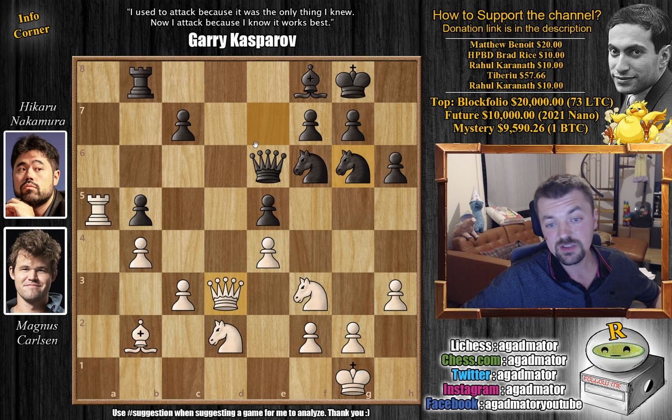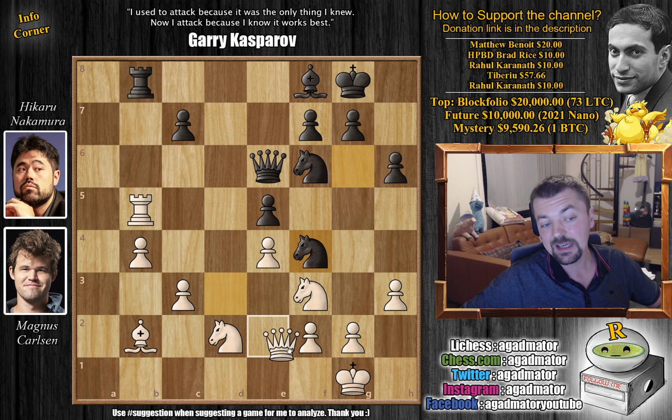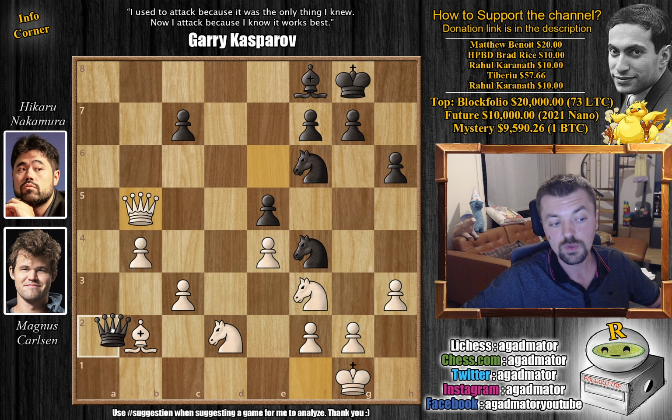And now the problem is you don't have rook captures on b5, because if you do this, then knight to f4 attacks the queen. And after the queen moves, you still have to keep an eye on this rook. Now we capture, and after queen captures, now we play queen to a2. And this is very much a problem because your bishop is under attack